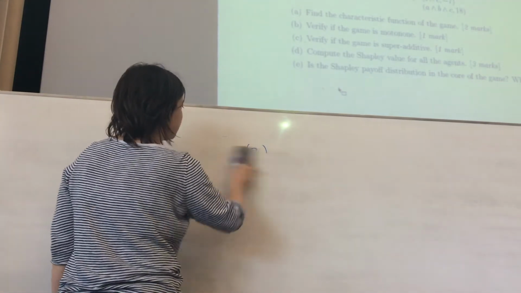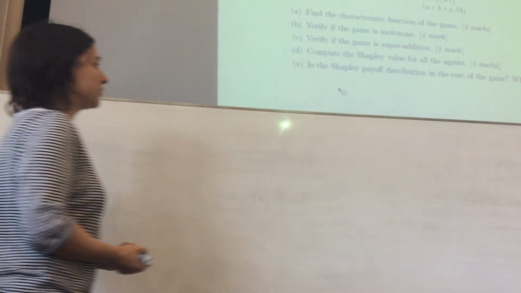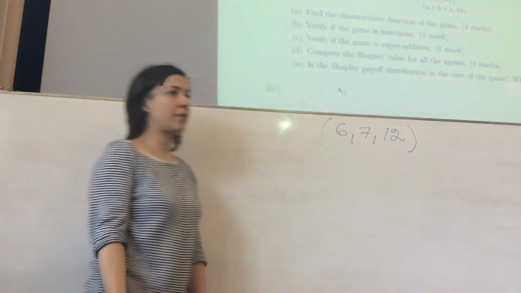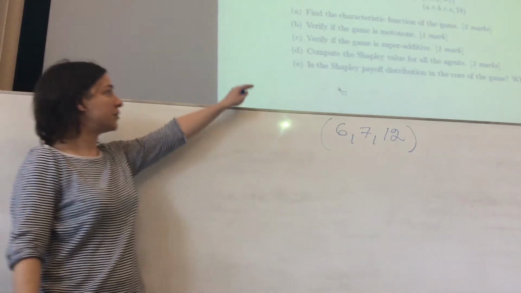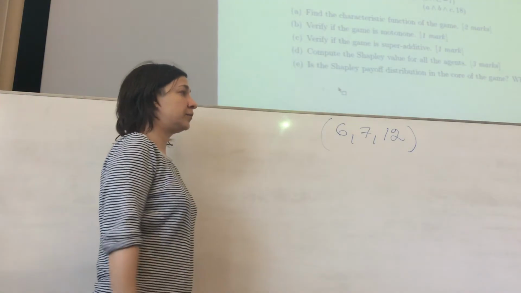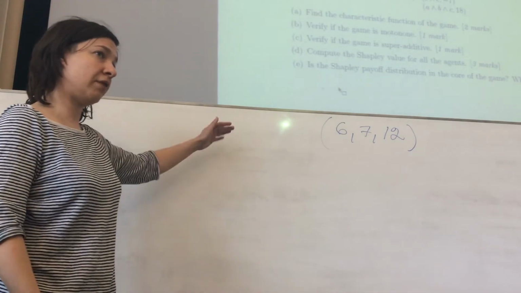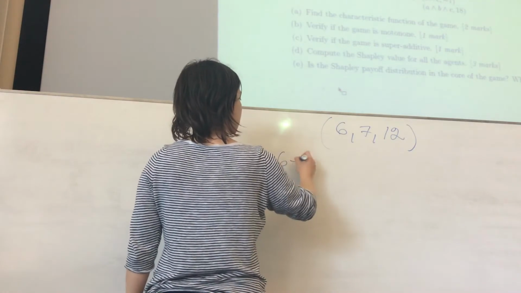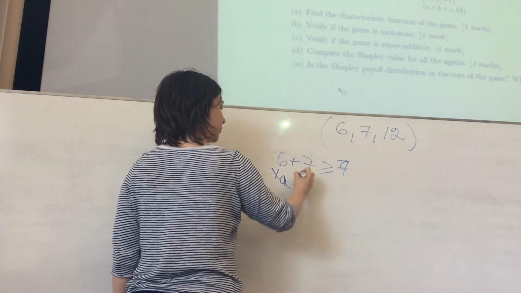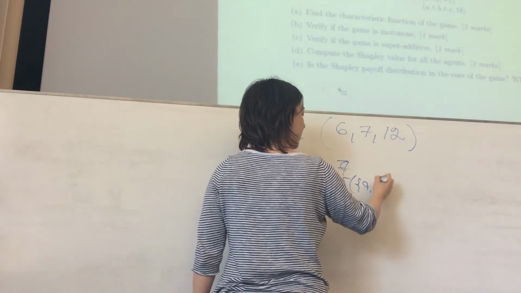Compute the Shapley value. Again, almost everyone has done it right. Some people got a little bit confused in computation. The answer was 6, 7, 12. And you had to check if it is in the core of the game or not. The answer is yes, but please do show that. Okay, so for every coalition, show that, well, indeed, 6 plus 7 is greater or equal than 7. So this is x_A plus x_B, well, not x, the Shapley value, and this is the value of A, B.